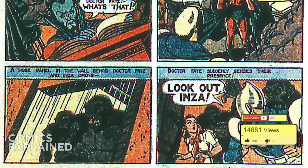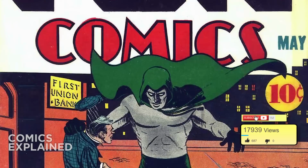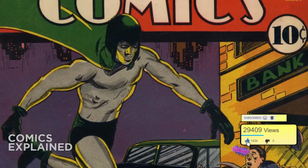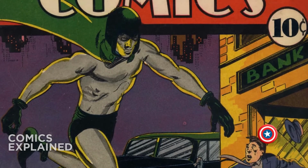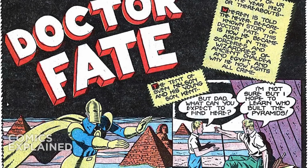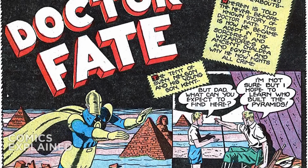Kent Nelson, also known as the first Dr. Fate, was created by Gardner Fox and Howard Sherman and first appeared in More Fun Comics number 55 in May of 1940, but we didn't really get any information into the character's origin until about a year later in More Fun Comics number 67. But in that story, it's essentially established that in 1920, Kent Nelson went on an archaeological